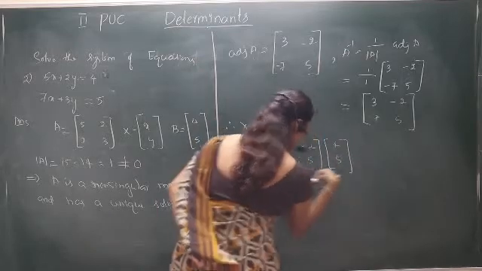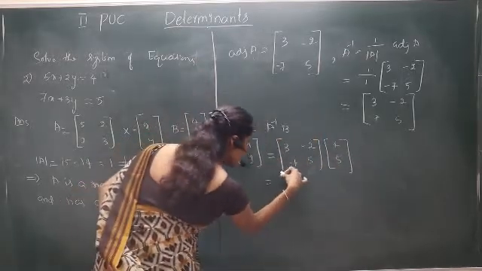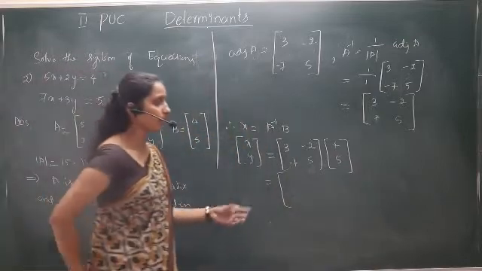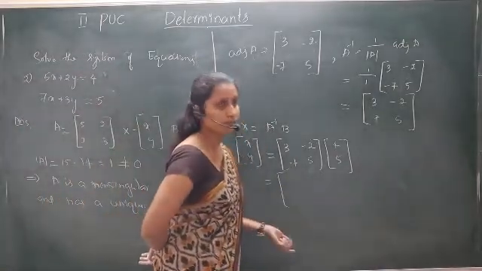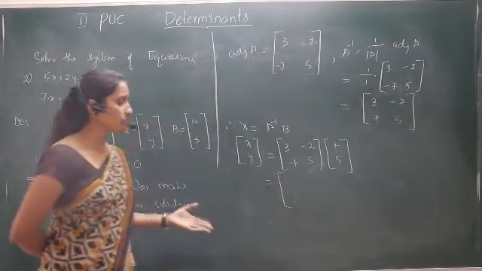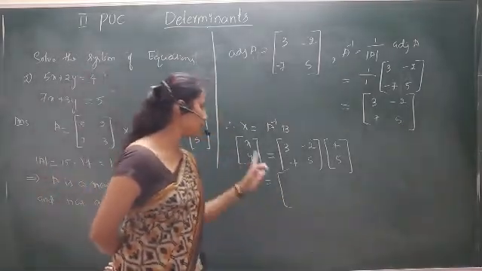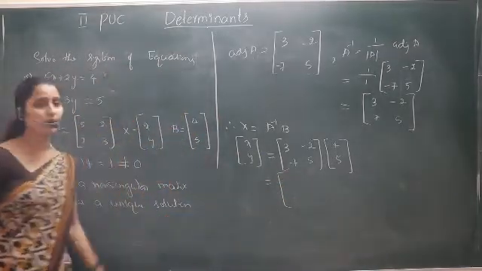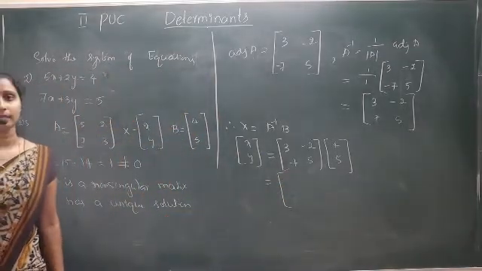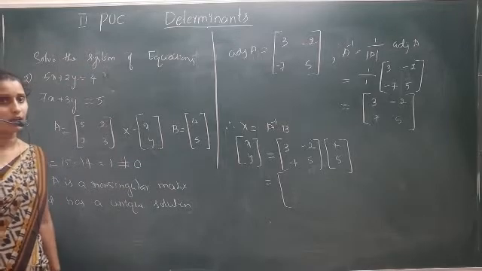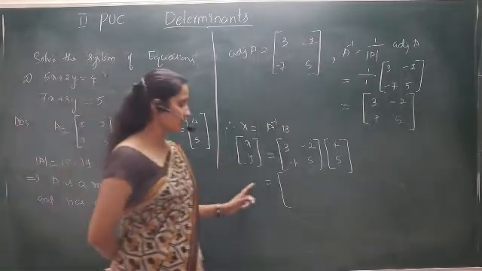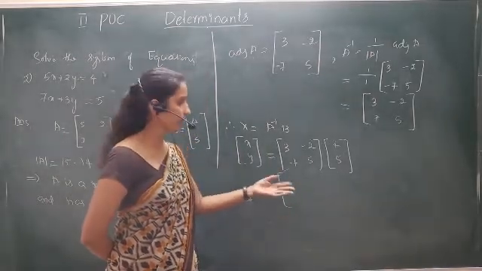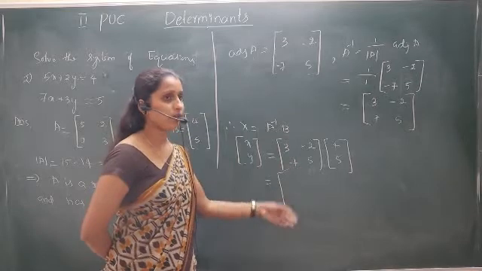Now we have to multiply. Since it is a 2 by 2 and a 2 by 1, we get a 2 by 1 matrix. In all the problems, the answer x, y is unique, so we get only one column. Remember, the final answer x and y is always a 2 by 1 or 3 by 1 or 4 by 1 matrix, not a 2 by 2 matrix.